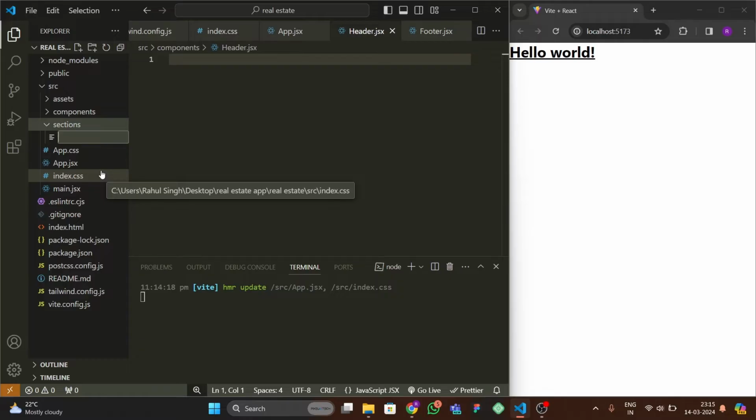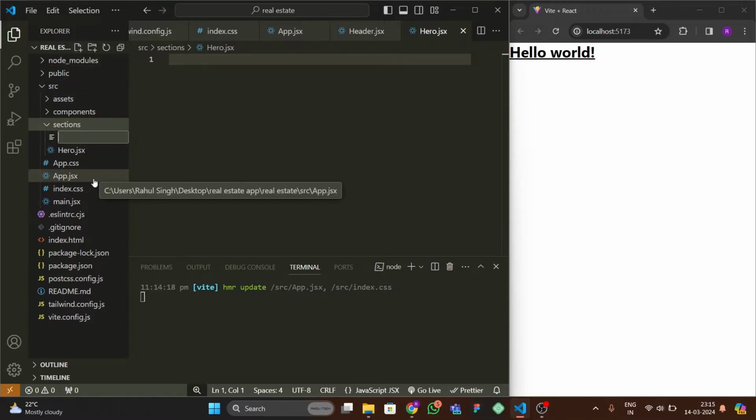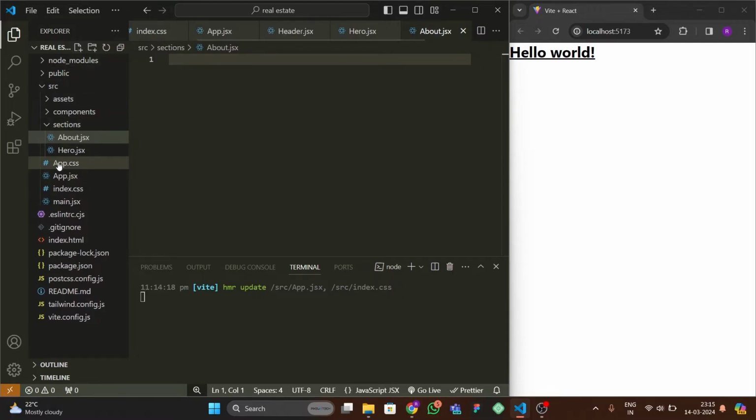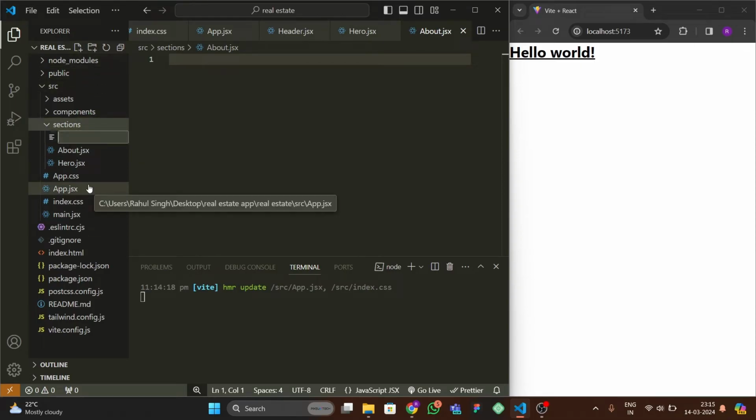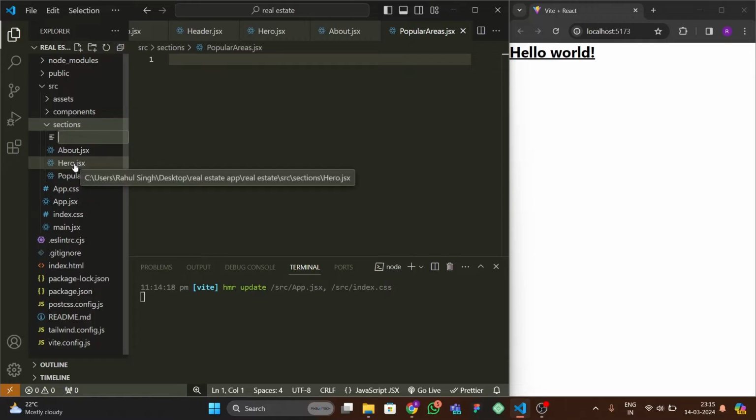The first section will be hero.jsx. So this is our hero section. After that we have about.jsx. In this real estate website we have so many sections. So about.jsx, then we have popularareas.jsx. This is the popular areas section. Then also we have